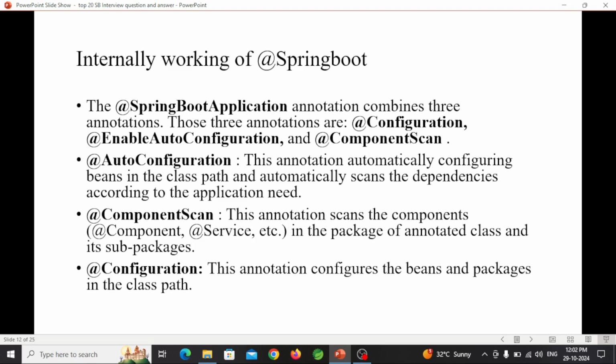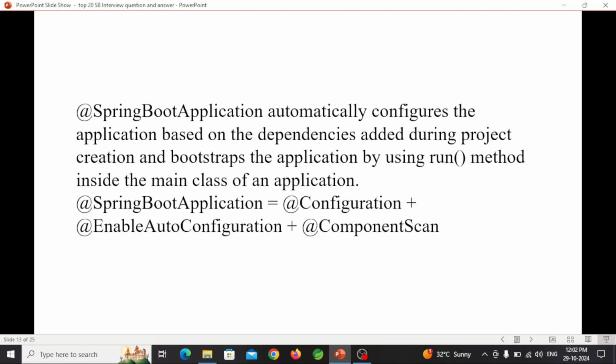Second is @ComponentScan. This annotation scans the components, @Component and @Service, in the package of the annotated class and its subpackages. Now @Configuration. This annotation configures the beans and packages in the classpath.